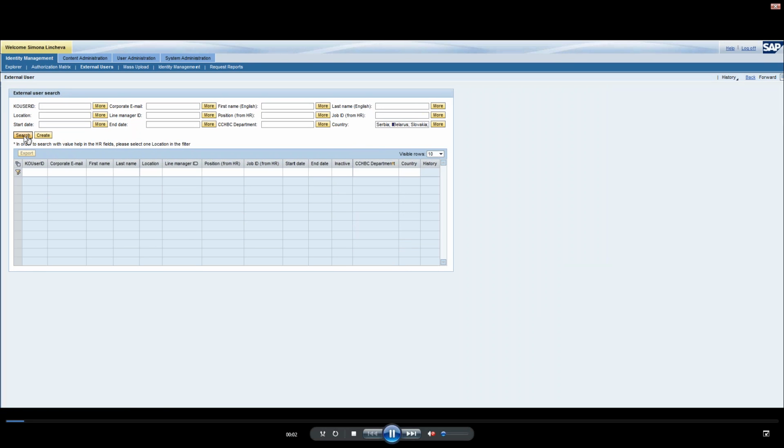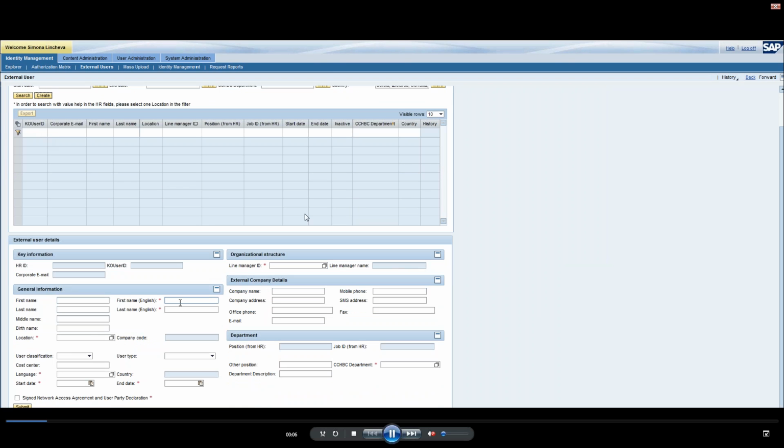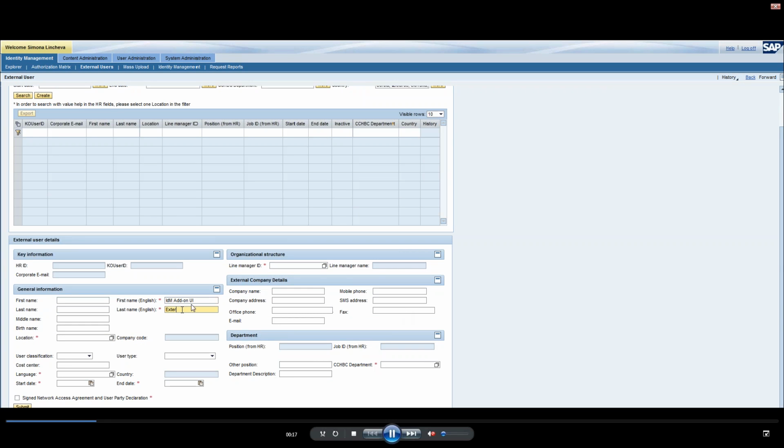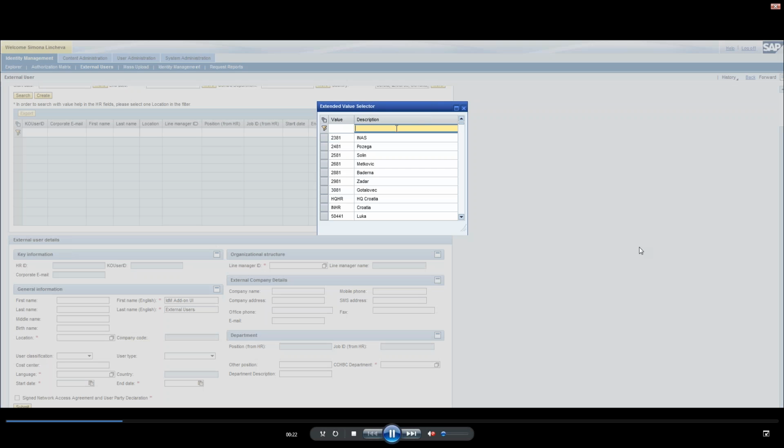We will start by creating a new user. As you can see here, we can search and create. We have these two options. We will start by creating a new user. Here we have mandatory fields.